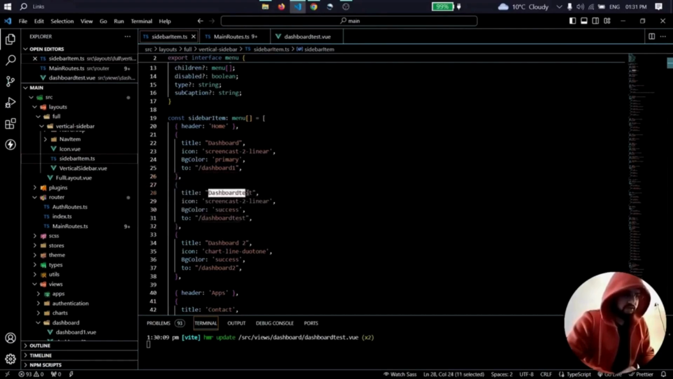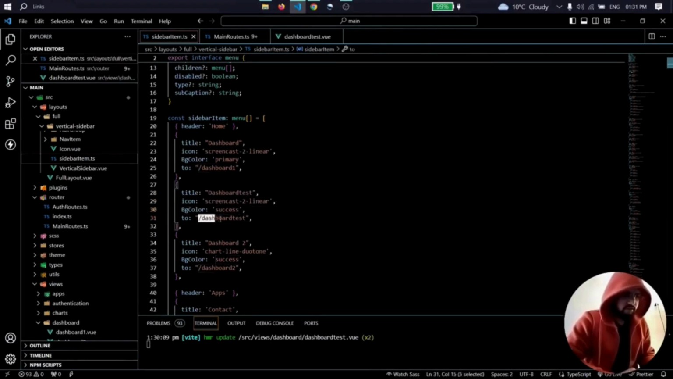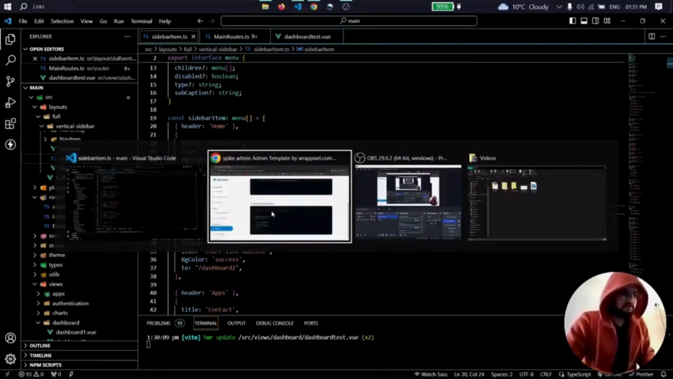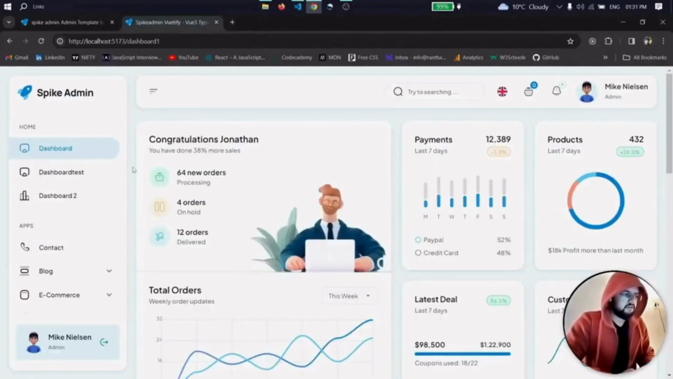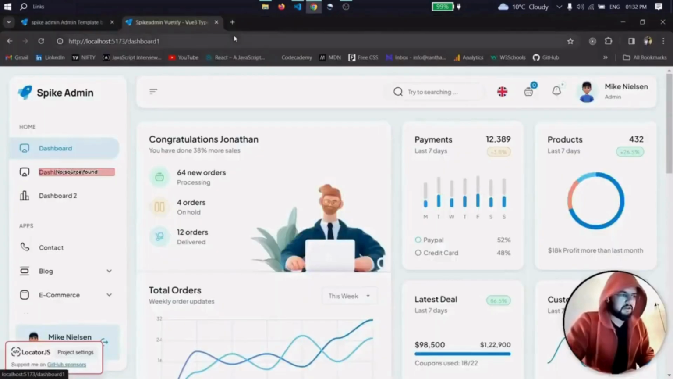So my new page is now dashboard test. The icon is the same; you can change the icon later. The background color is success, and the route is /dashboard-test, which is going to be my new page, right? Once I add and save it, you can see it will be added in the sidebar main menu, the dashboard test. So now you have to go to the first file,